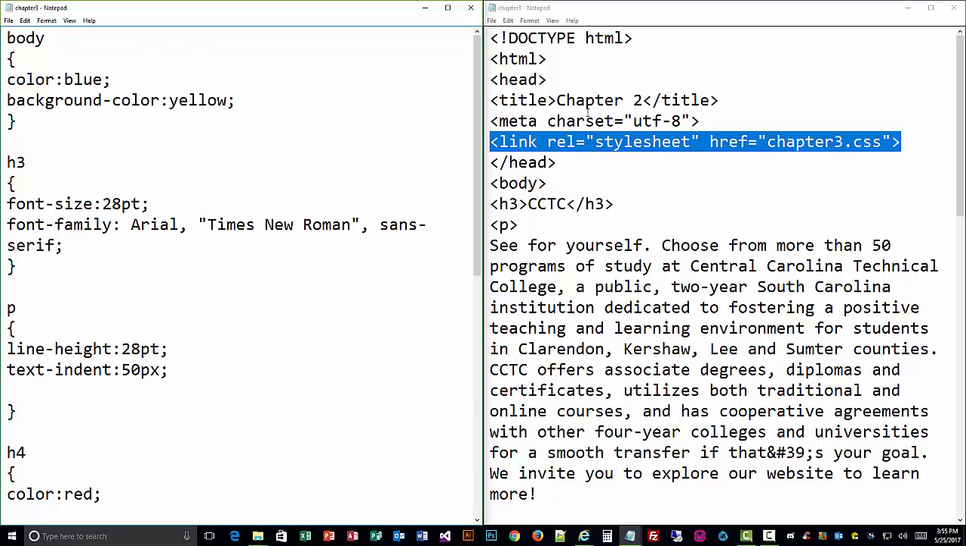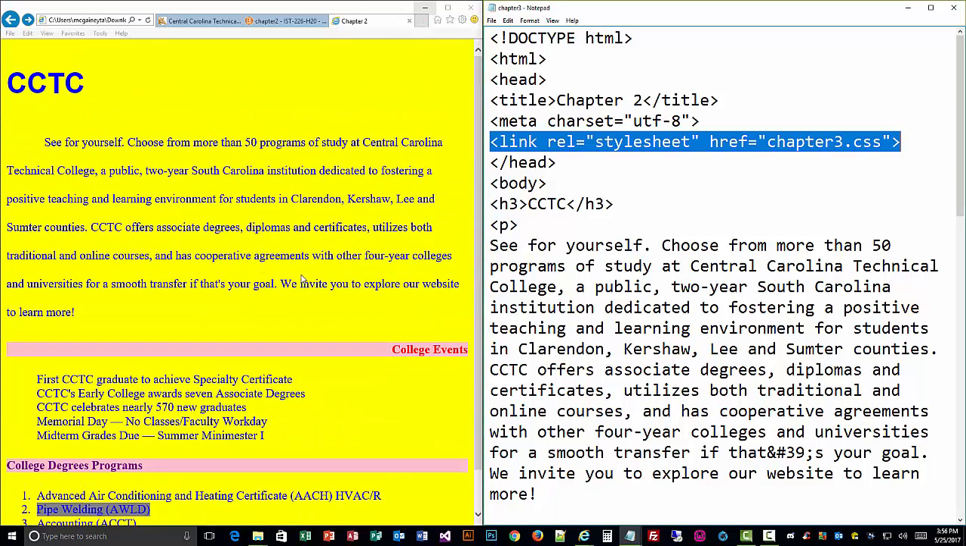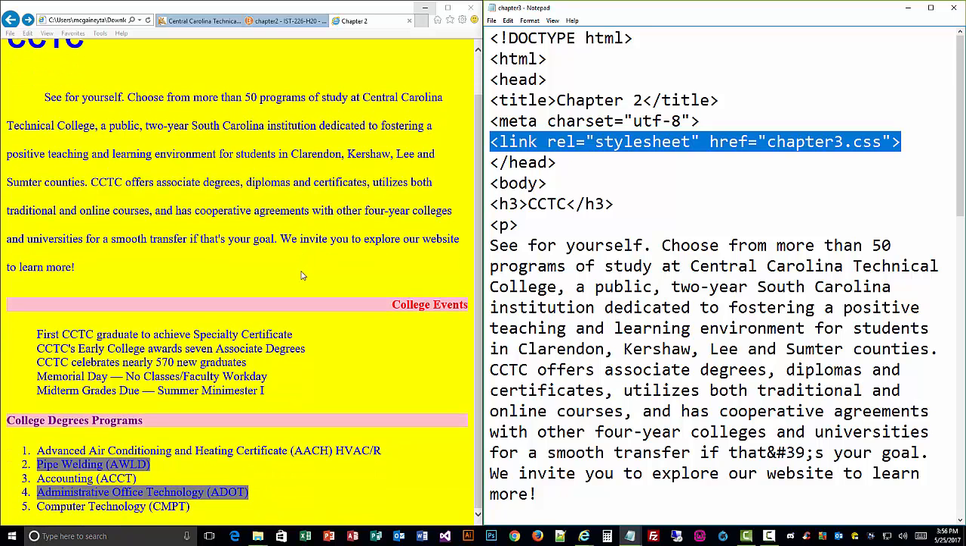Okay, so let's go ahead and save our HTML file, since we added the link to our CSS file. And I'm going to minimize my CSS file here, just in case I have to go back and make some changes to it. Okay, there we have it. Now when we do a reload,